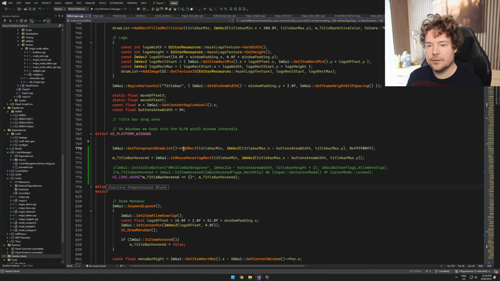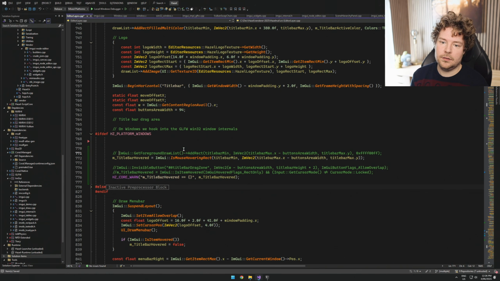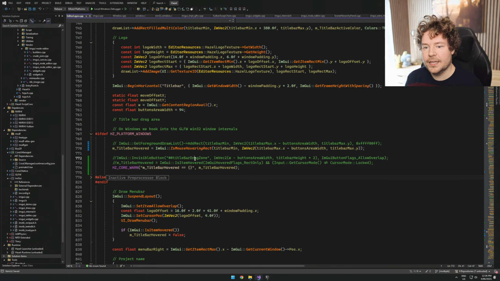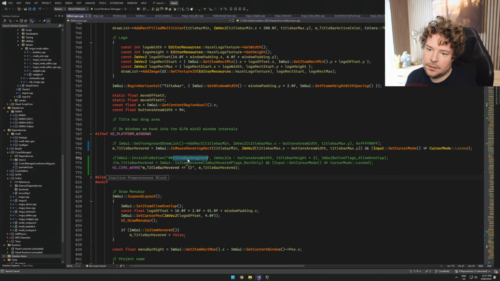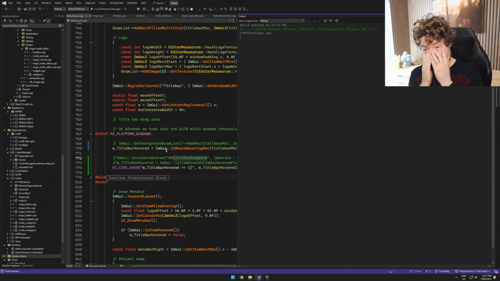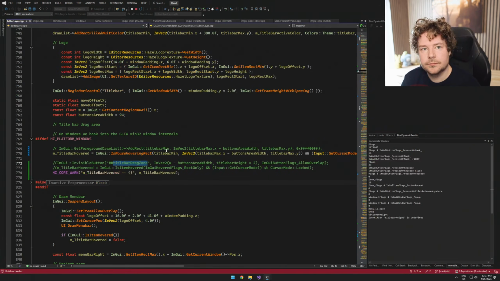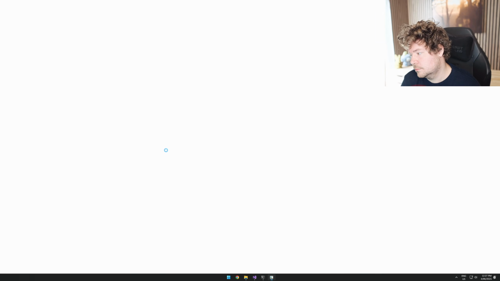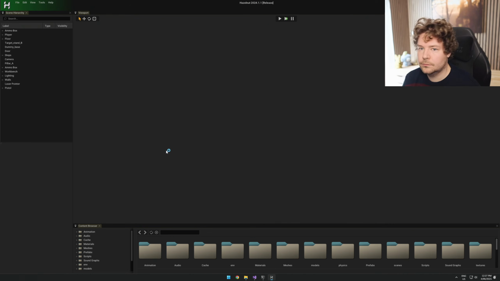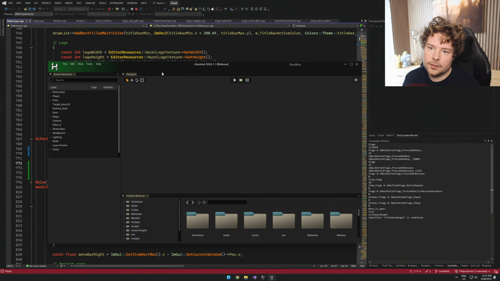Now, obviously, we can. So it also needs to have that apparently. So we can add that in. But yeah, let's see how this works, and then obviously if we don't like it, we can also make sure that we're not hovering over an ImGui item. Okay, so